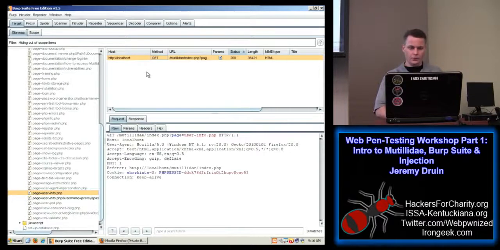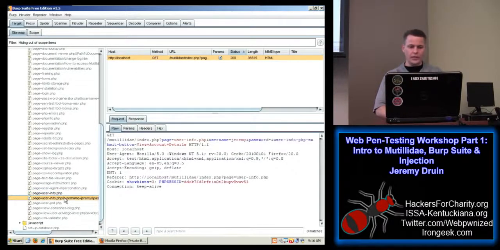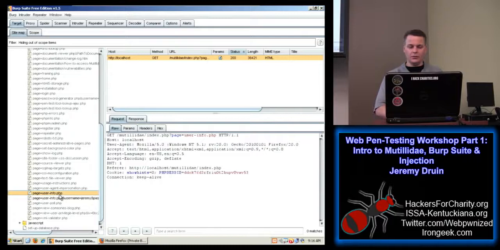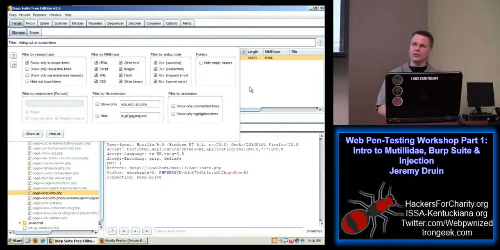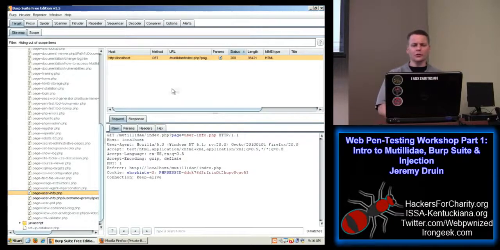Okay. So now a new page appears in the list. And every time that you visit a page, you're going to see the request and the response. And you can go back and look at those. And you can save these out too, but I believe that's only available in the Pro version, to save what you've actually done for the day.